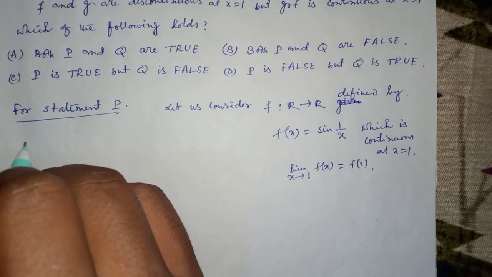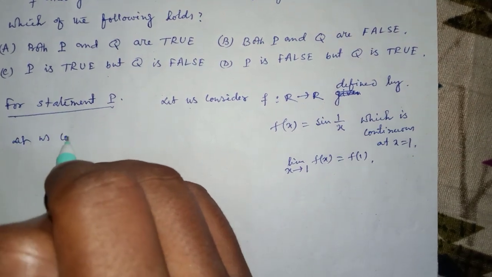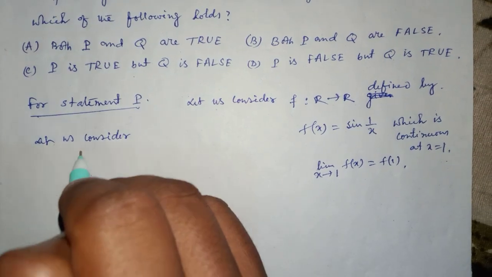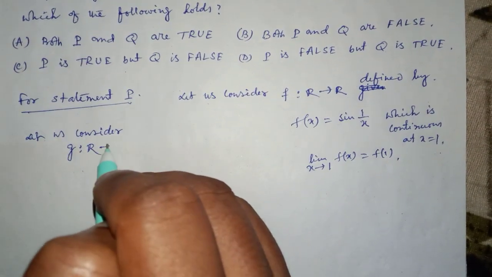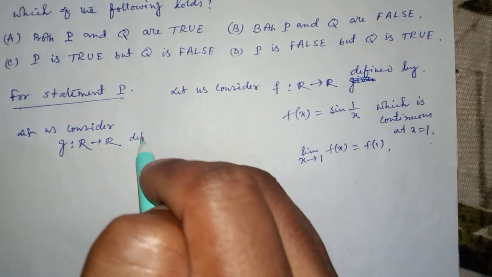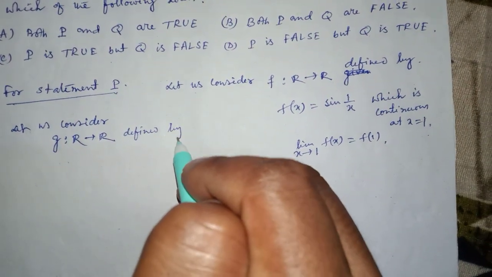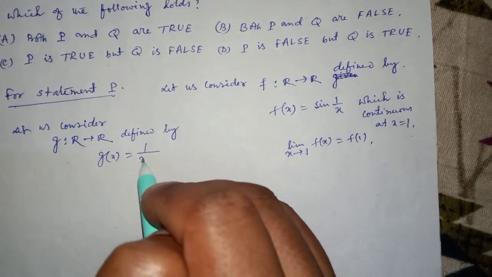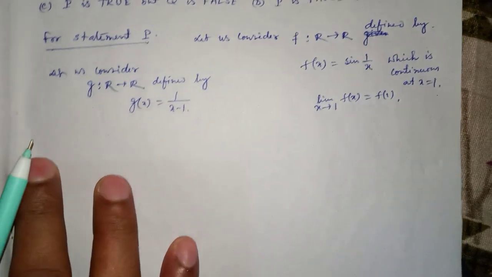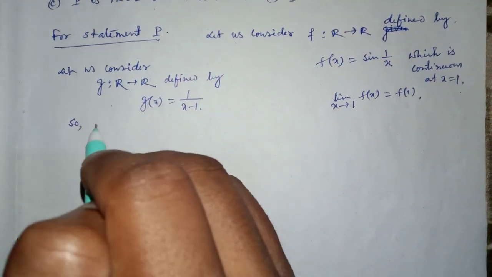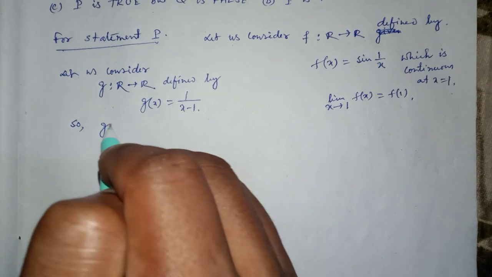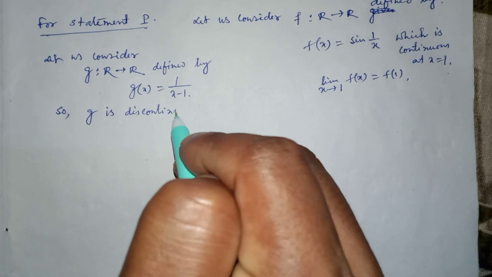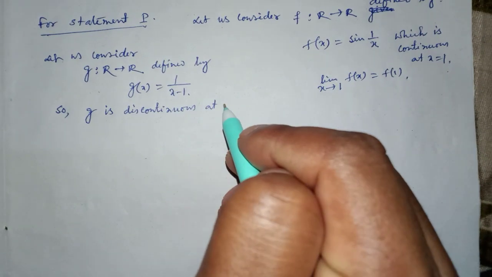and let us consider g: R to R defined by g of x is equal to 1 by x minus 1. So g is discontinuous at x equal to 1,